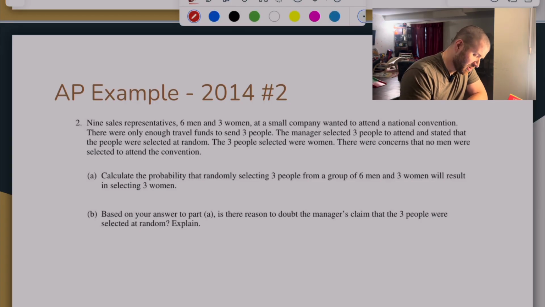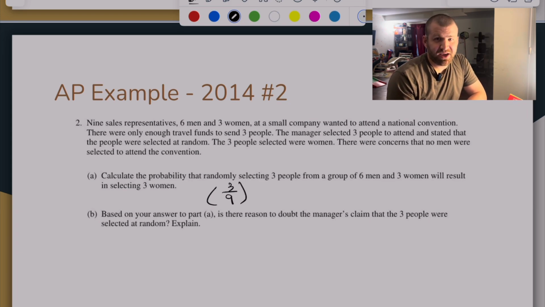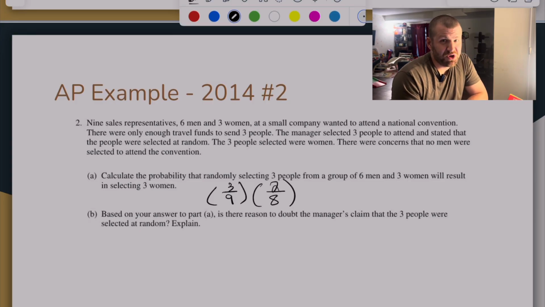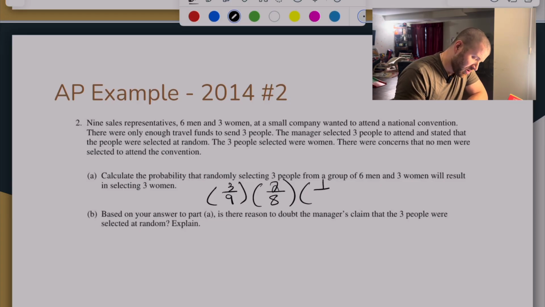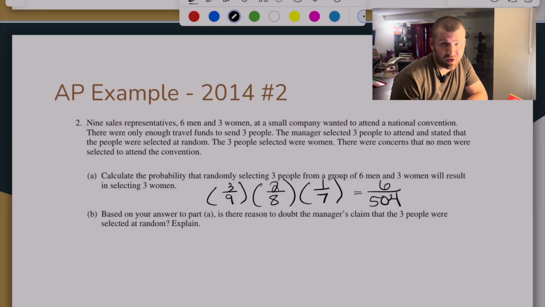Now, the nice part about this is you can leave it as a fraction, but the probability that the first one was a woman was 3 out of 9. I can't choose someone again, so now it's 2 out of 8, right? There's 1 less person and 1 less woman, and then 1 out of 7. And so if I actually work this math out, I know the numerator is 6, and if I do this math very quickly in my head, I believe the denominator is 504. That's small,